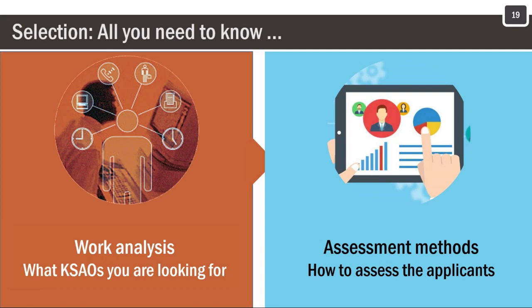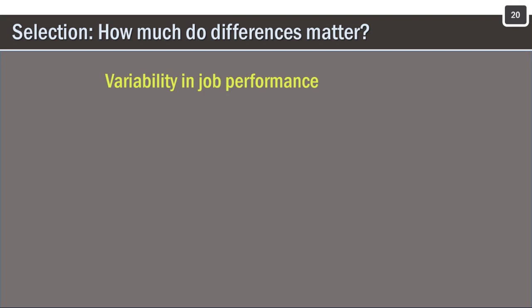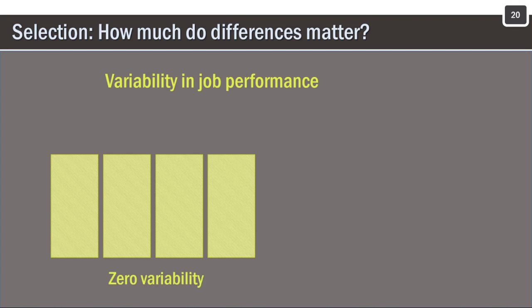And how do you assess? Now, just as an aside, why do we assess in order to select? Or in other words, how much do differences matter? In formal terms, this is a question of the variability of job performance. At one extreme, if variability was zero, then all applicants would have exactly the same level of later job performance if hired. In this case, the practical value of all selection procedures would be zero. In such a hypothetical case, it doesn't matter who is hired because all workers are the same.